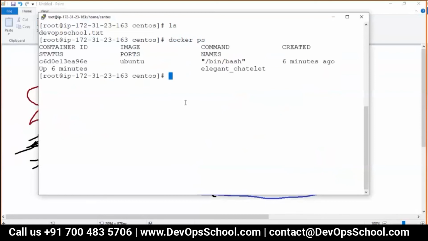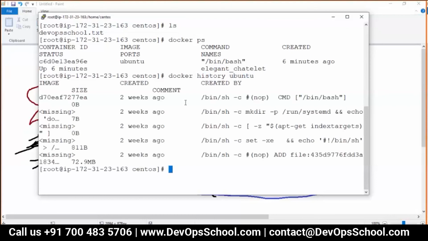So how many layers we had in Ubuntu? Look at this here. docker history ubuntu. Look at this. The history command will tell you the commit operations. So the last commit which was done to Ubuntu was this one. So do you want to add this commit, this layer on top of it? So you have to commit that. How can we do that? So docker